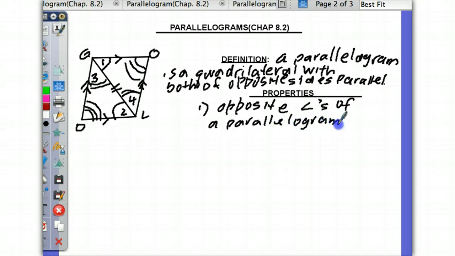The symbol is just a little parallelogram like this, if you ever want to abbreviate it. They are congruent. They always are congruent. So not only angle O and angle D will be congruent, but this whole angle L here would be congruent to this angle G. So that's the first property. Additionally,